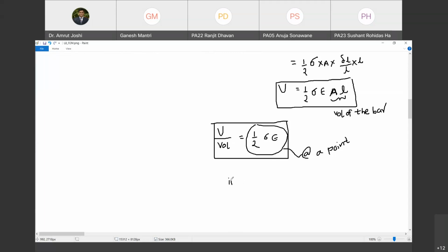If the state of stress is not uniaxial, it is triaxial and a complex state of stress. Are you with me? Yes, sir. If the state of stress is multi-axial